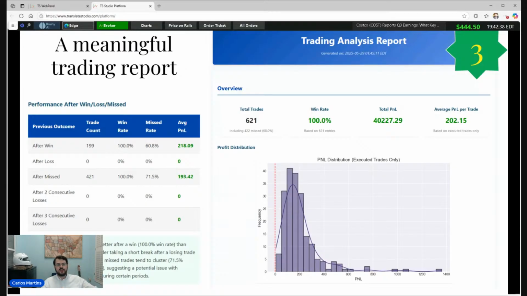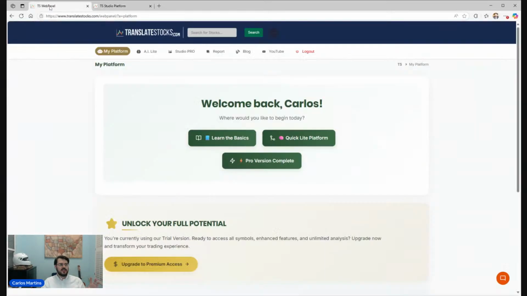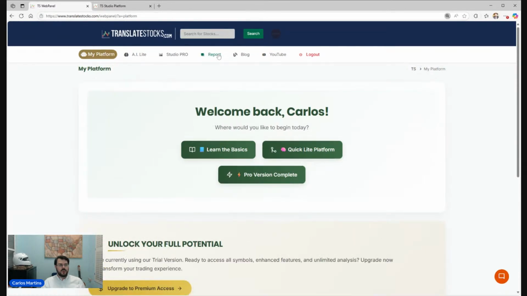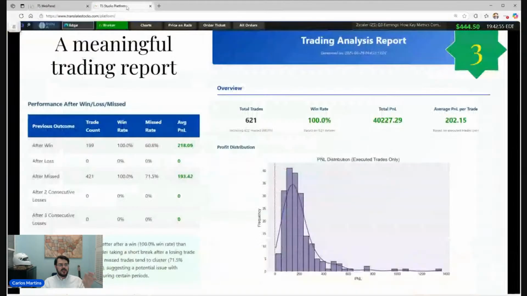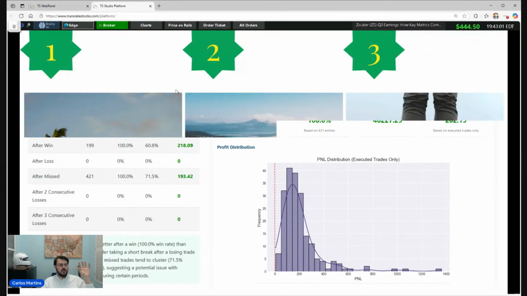So after 1, 2, 3 days trading, you have a clear path behind you. And then we can analyze that. And this is not rocket science. Inside your dashboard here, you have this menu, report, and this report menu here has all this information that I'm telling you. So based on this, we can have the 1, 2, 3.